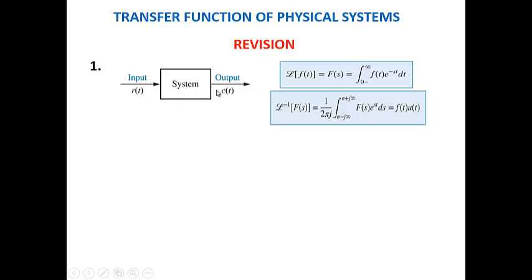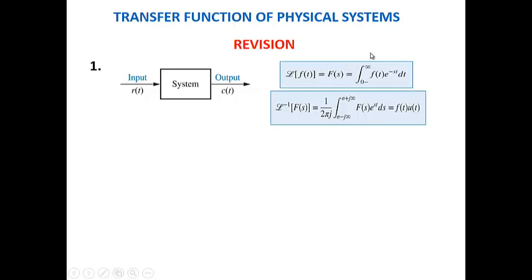So in order to get the Laplace transform of the function f(t), we will get the form of F(s) in terms of the Laplace transform, which is equal to the integration from 0 to infinity of f(t), the function of your system, e to the power of negative st, over dt. And also if you want to inverse, you have your F(s),